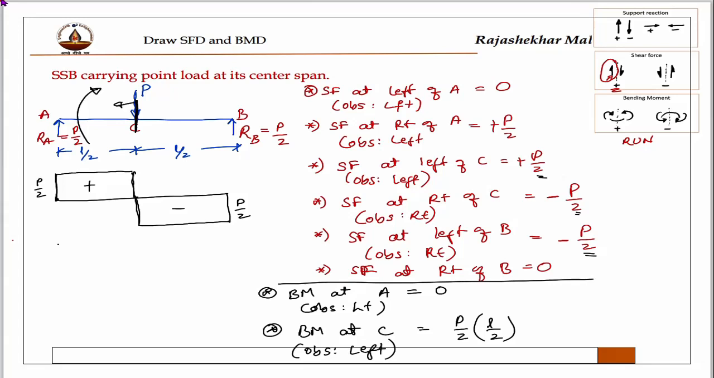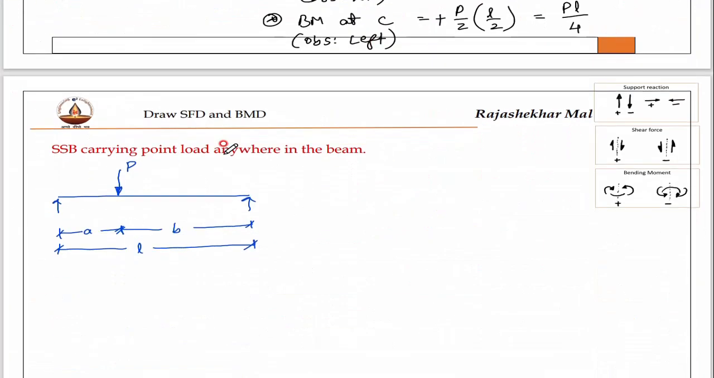This is resembling this one. Therefore, it is positive. Therefore, PL by 4 is the answer. Now, if I draw the bending moment diagram, then this is 0, this is 0. At this point, we will get PL by 4. This PL by 4 is the bending moment at its middle span. That is the maximum bending moment for a simply supported beam. This problem completes. Next problem,